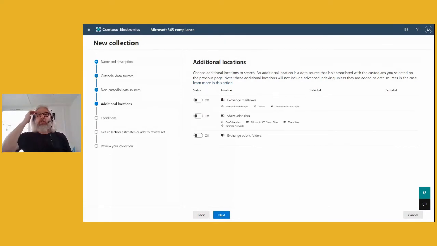So an additional location is a data source that is not associated with the custodians you selected in the previous step. These additional locations will not include advanced indexing rules unless they are added as data sources in the case. An important distinction there, but you can add additional locations here to be searched, such as Exchange mailboxes,